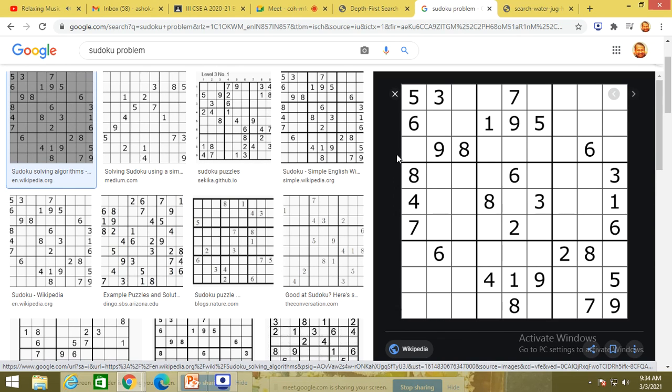Every 3 by 3 matrix must consist of the numbers 1 to 9. The row and column should not repeat the numbers 1 to 9. That is the condition. But make sure that while you are closing the puzzle, every 3 by 3 matrix must hold 1 to 9. Okay, come on, take your time and solve this problem.